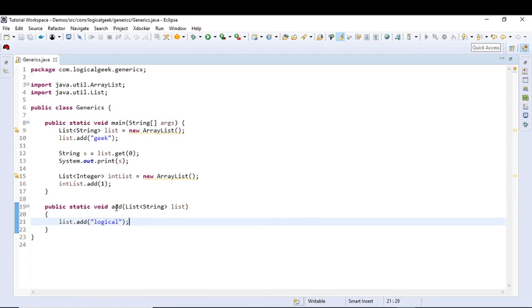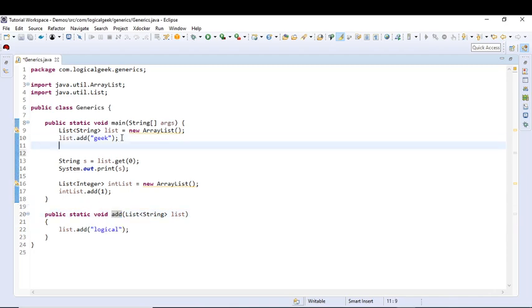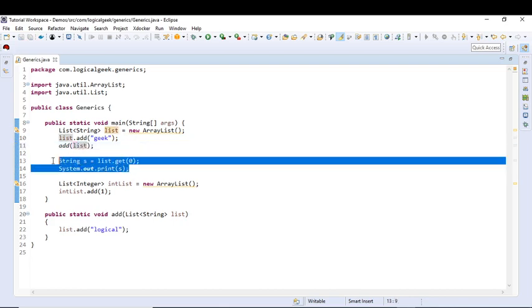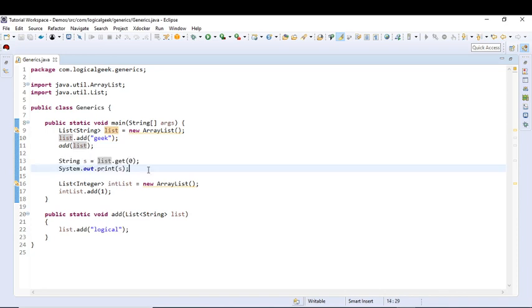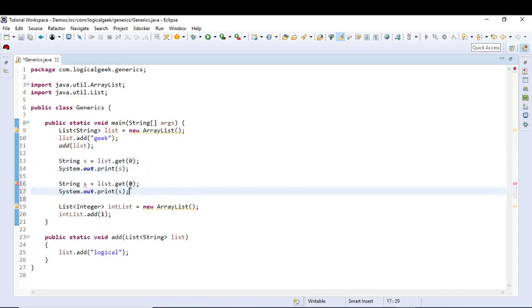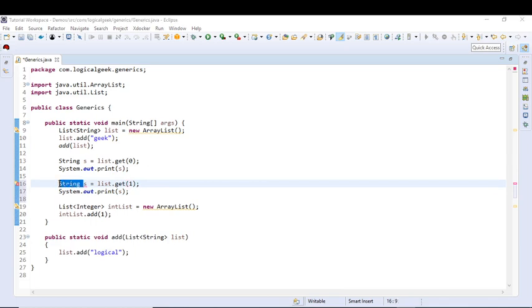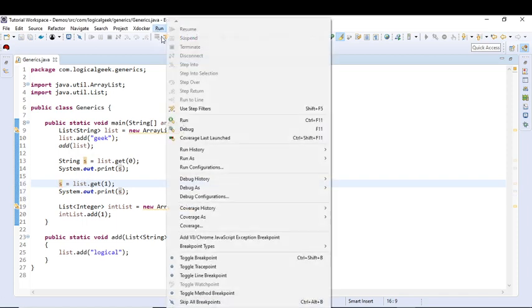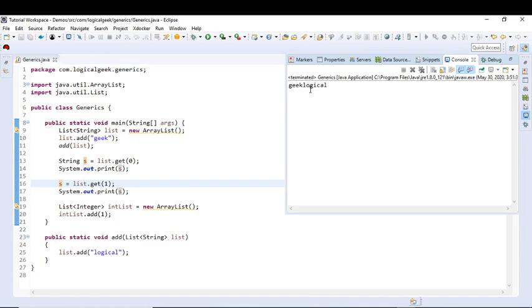Now let's call this method and pass our string collection to this. Let us output the new value. Now if we run this program, as you can see, logical got added into our string collection.